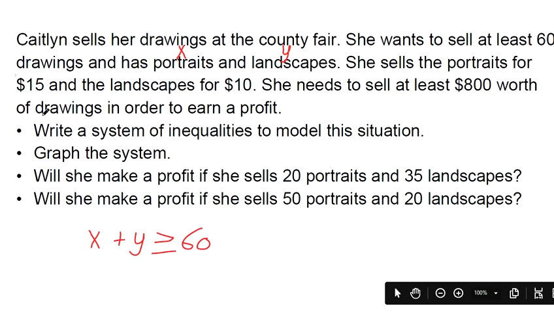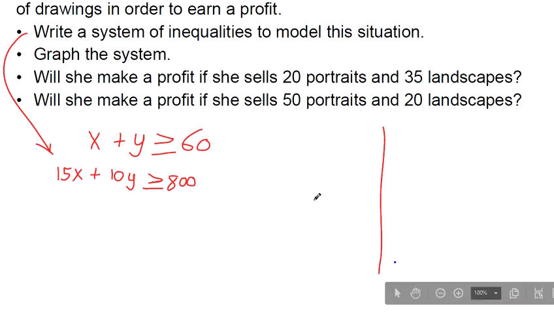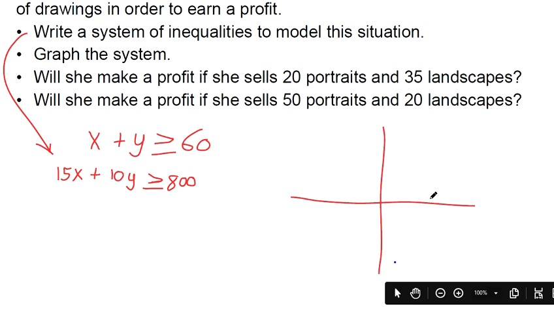And then we're also told that portraits are $15 each, so I'm going to put 15x here. That tells me how much money I made from my portraits. I'm going to add that to the money I made from the landscapes, and we want that to be at least $800. So we want that to be greater than or equal to $800. So there's our system. That's all you got to do for part A. You want to just write that X is the number of portraits and Y is the number of landscapes. And then to graph the system,